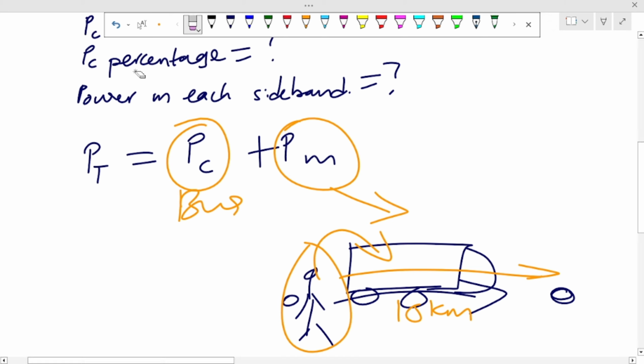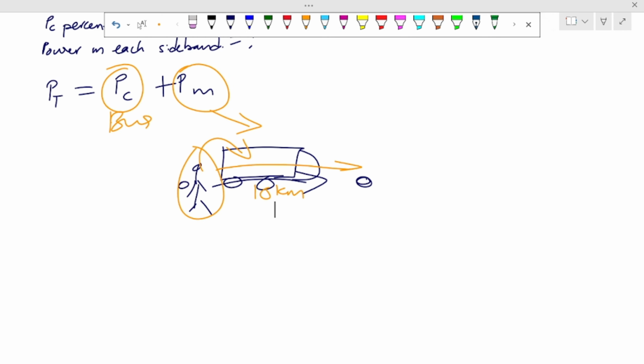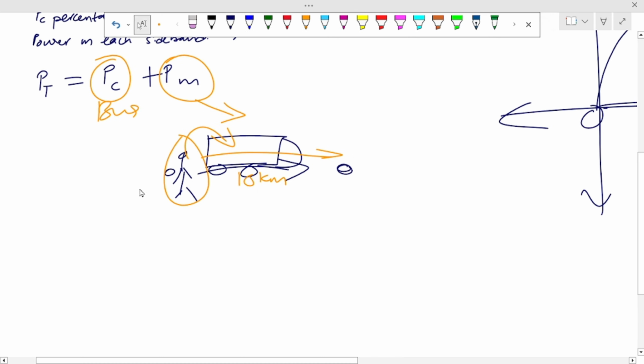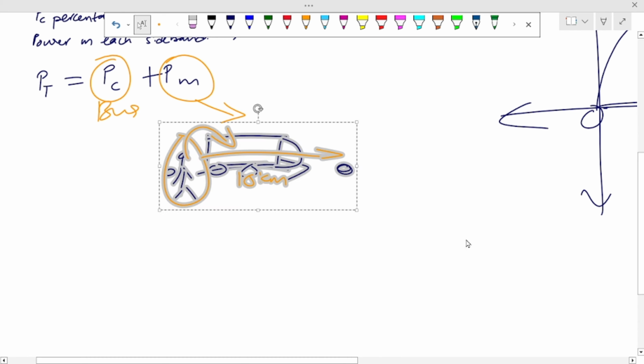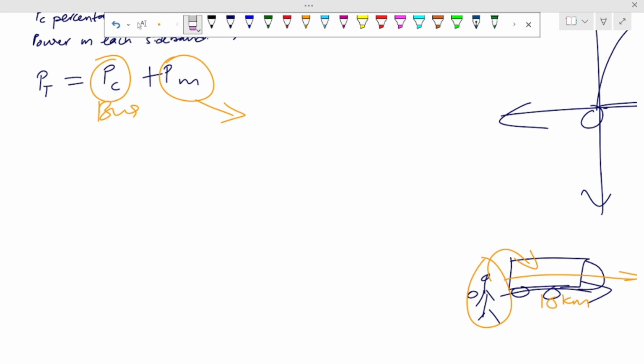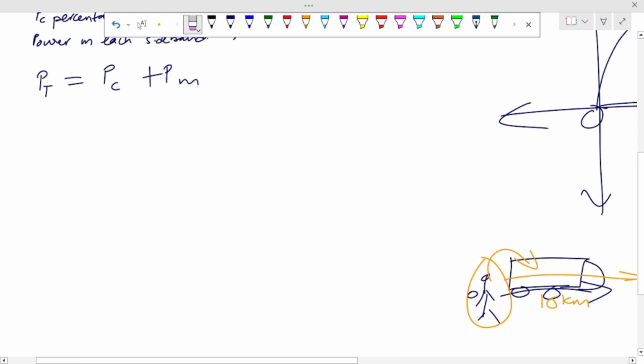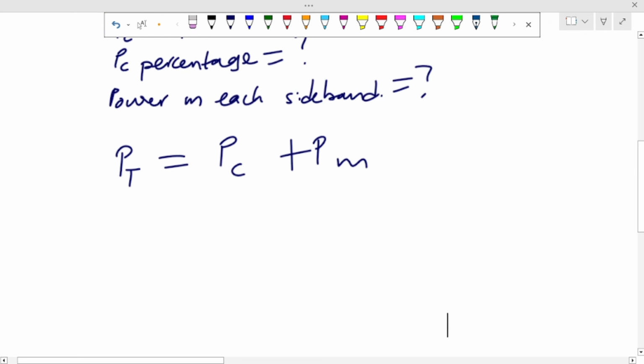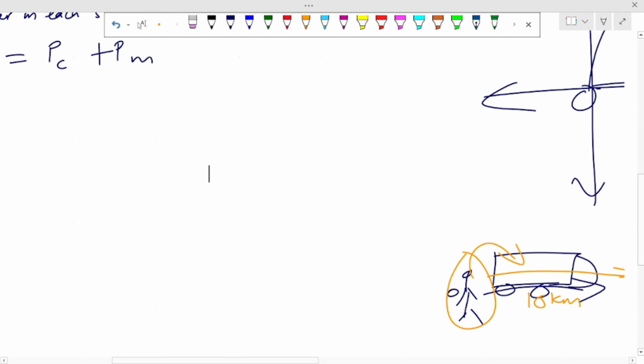Okay, so I think I should just shift this instead of erase it. So let's move this somewhere else in case we need it later. Now we can just go ahead and start solving, but I just want us to see what's going on, have a mental picture of it, and know what we are doing exactly. Since we know that these are equal like this, one thing to bear in mind before I go to the next thing is that